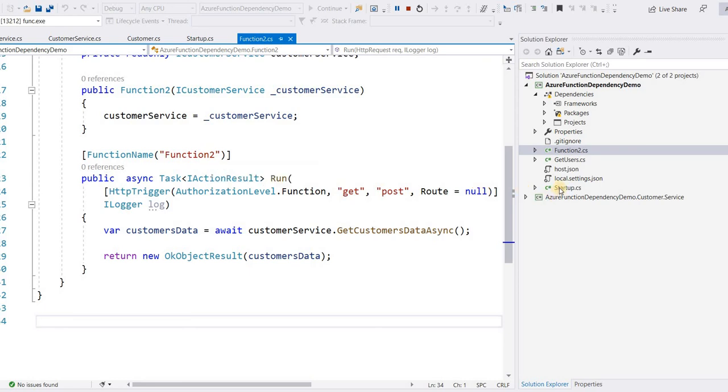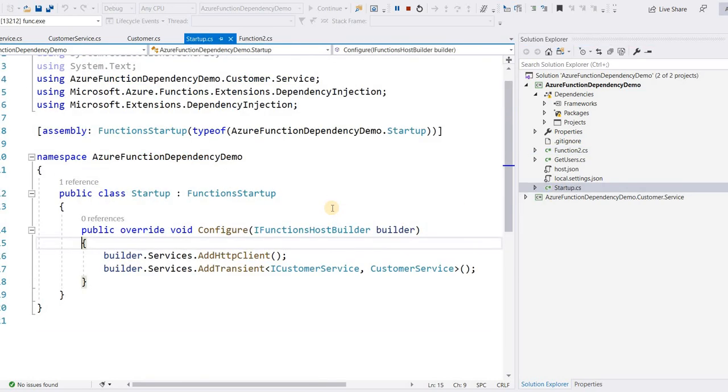Before that, in my startup.cs, I added FunctionsStartup using these two prerequisite NuGet packages that I have mentioned. After installing these, you have to implement this function startup dependency injection.